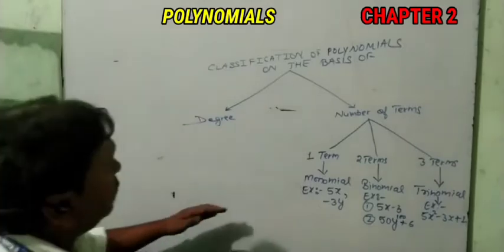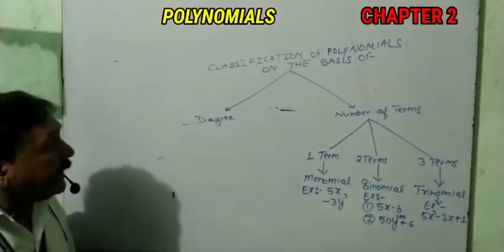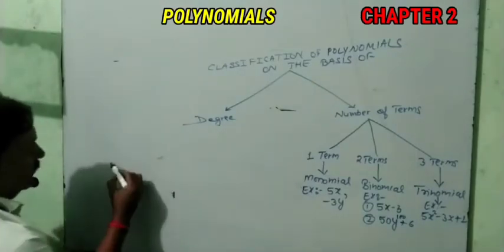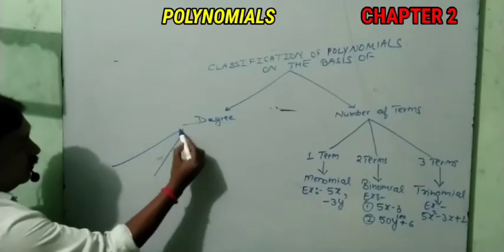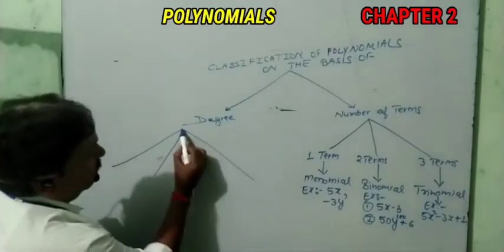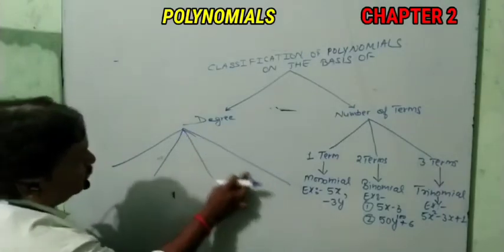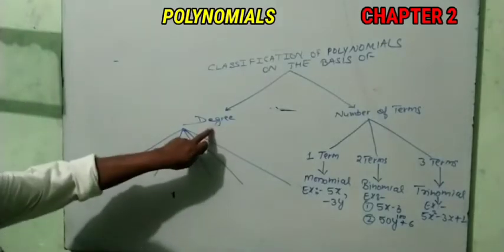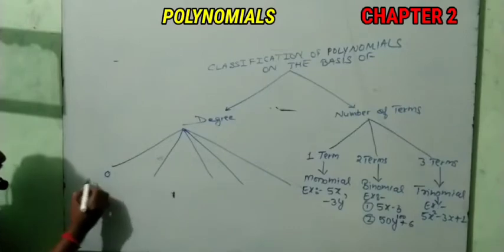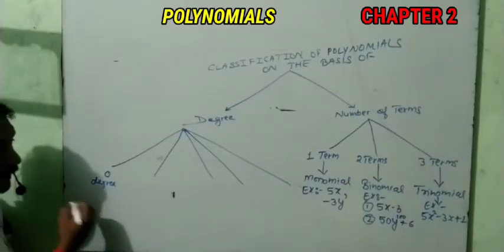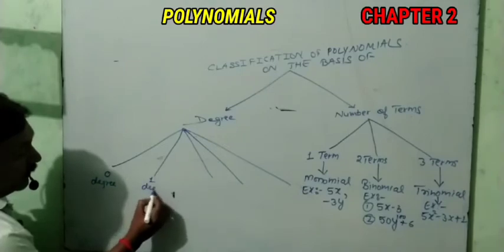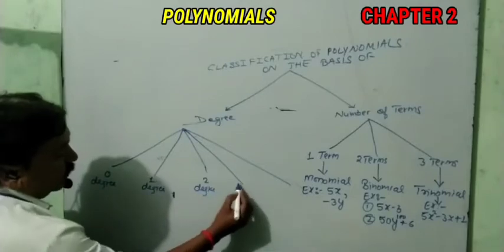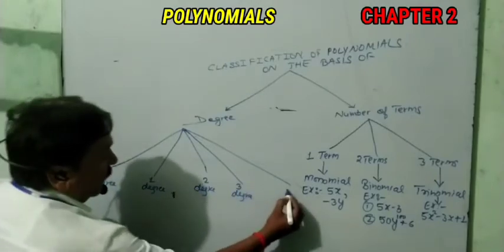Okay students, now let us see how the polynomials are classified on the basis of the degree. In this case also, I am going to divide it into 5 parts. See here on the board. 1, 2, 3, 4 and one more part, 5. I had told you that this classification will be done on the basis of degree. So, if it is having a 0 degree, or a 1 degree, a 2 degree, or we can say here 3 degree and here 4 degree.